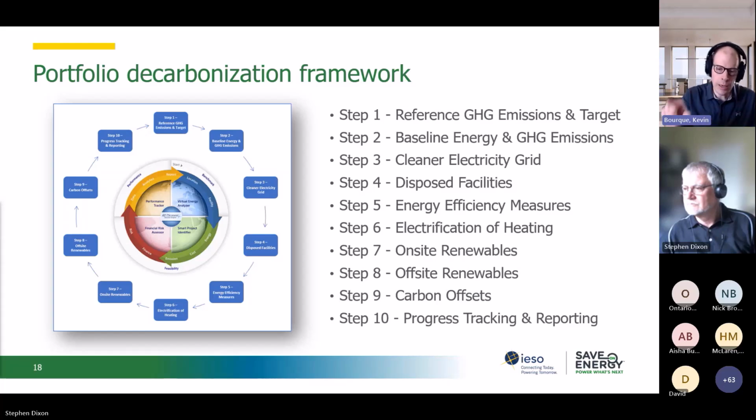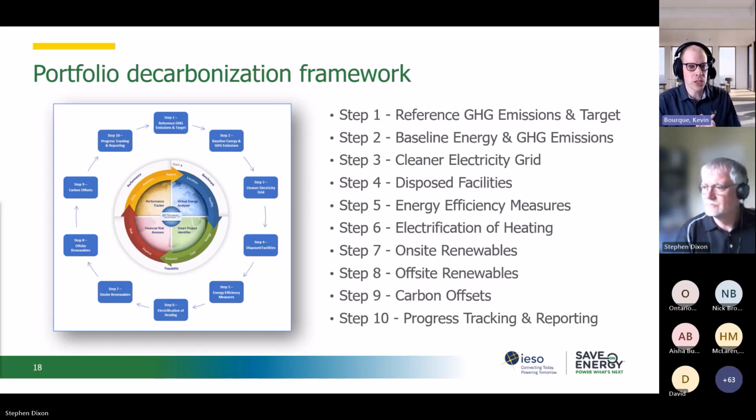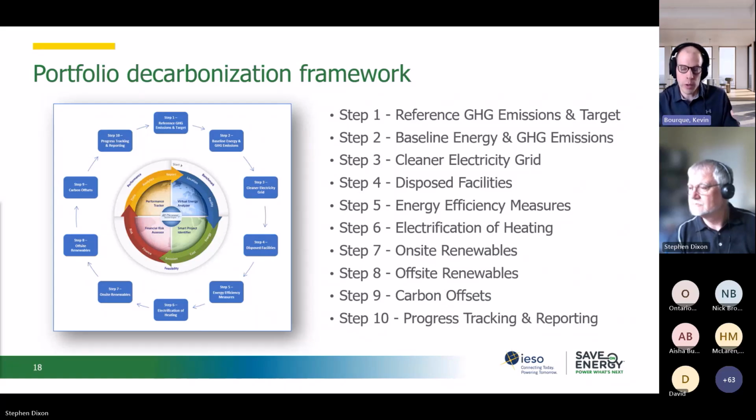So the first step. And this circle, you'll see later, are the exact steps that we're going to follow in the software. And the first one is to establish what are you comparing yourself against? As you said at the beginning, Stephen, what's your benchmark? What are your reference GHG emissions for your portfolio? And what is that reference year, and what is your target relative to that? Are you achieving a 50% reduction? Are you achieving 90% full net zero? And by when? By 2030, by 2050, by 2025? So those all will have a material impact on